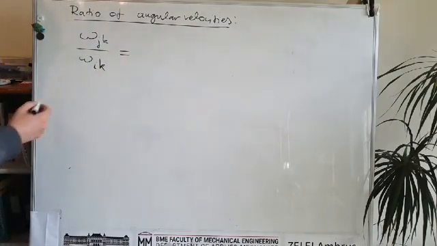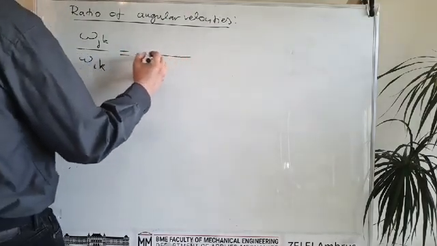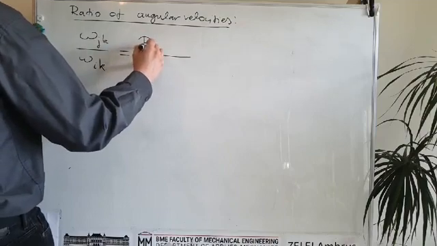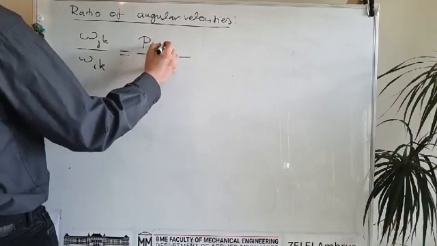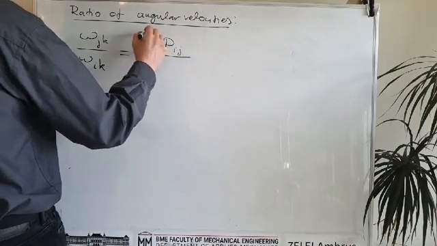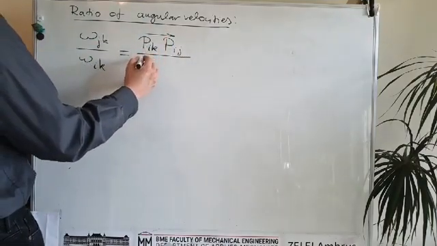So the ratio of two relative angular velocities is equal to the ratio of two directed lengths. So this is PIK relative pole, this is PIJ relative pole, and their distance is defined,